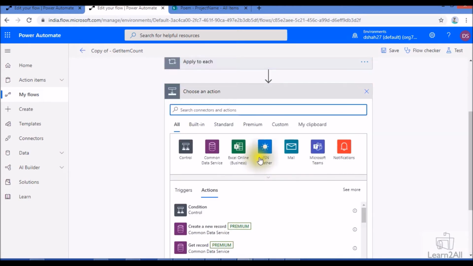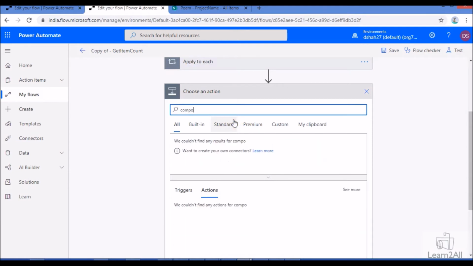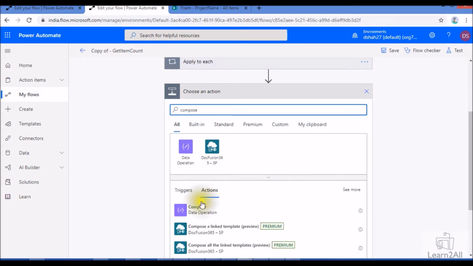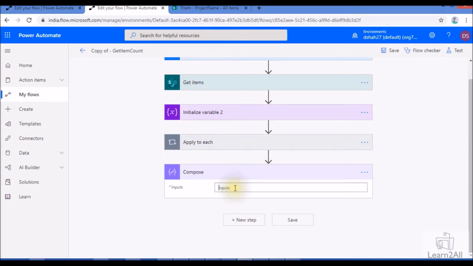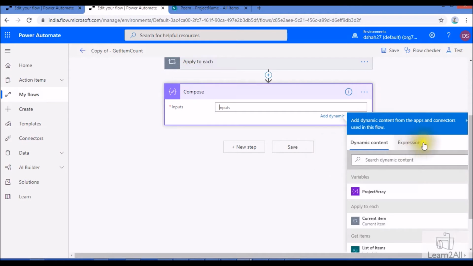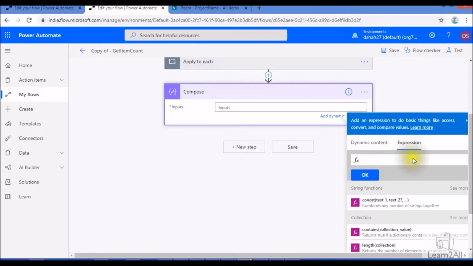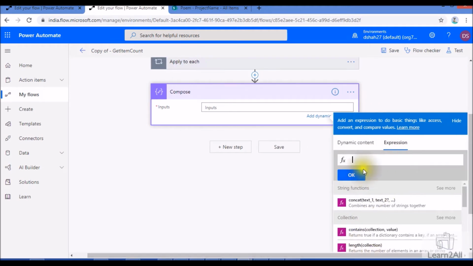As a next step, we need to use the Compose action. So let's add the action Compose. In Compose, we need to generate a formula. The formula we need to use is union, so we type union.